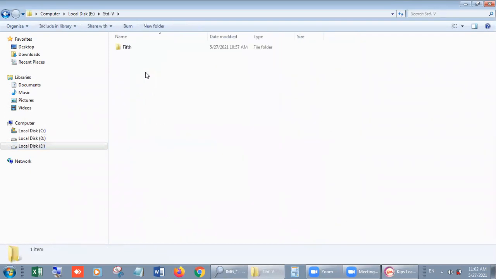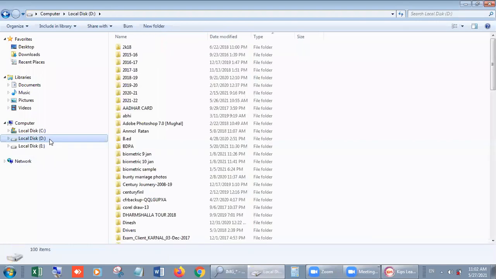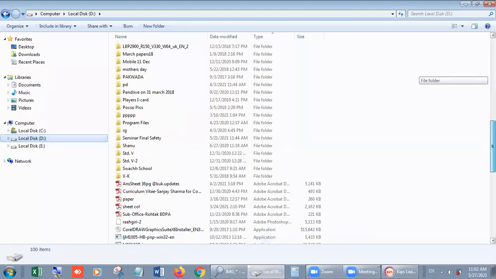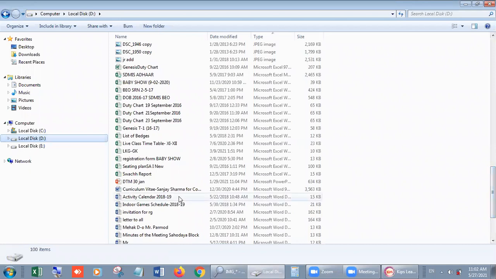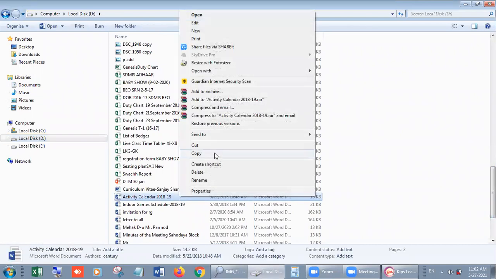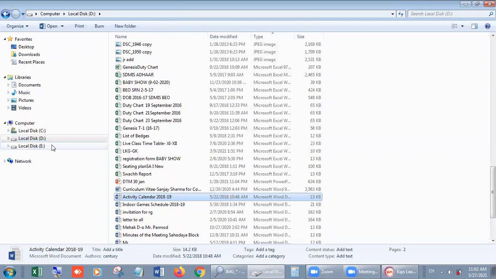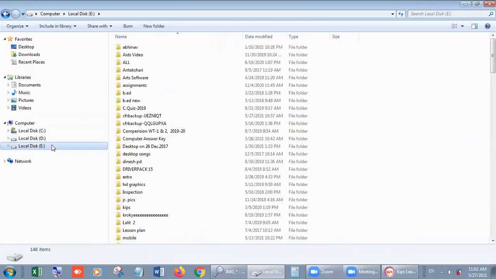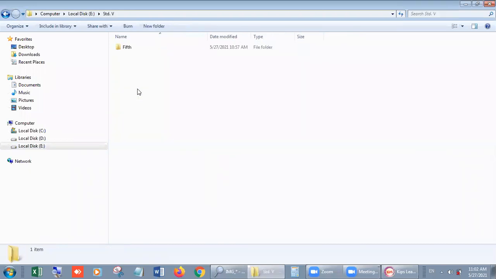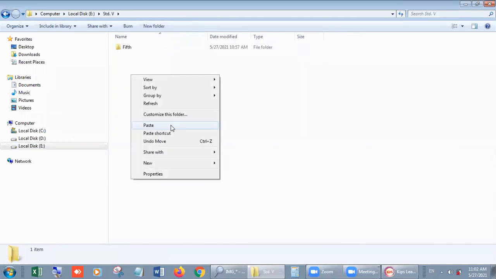Suppose you want to delete this folder, only this folder, because we have nothing here. First of all, let me bring the file again so that you can understand. Activity calendar, that was my file which I am using. Then go to the folder. Okay, I am pasting here.